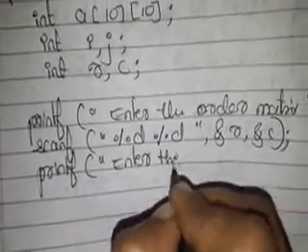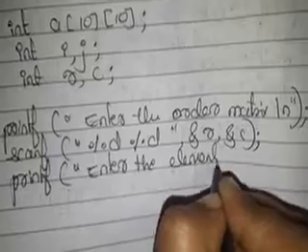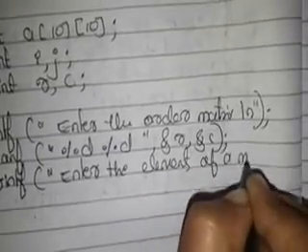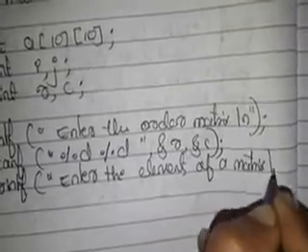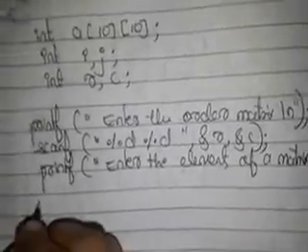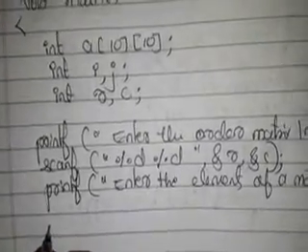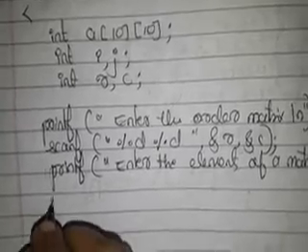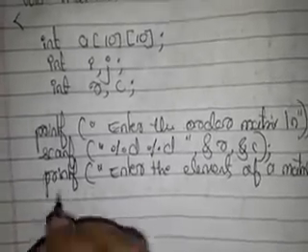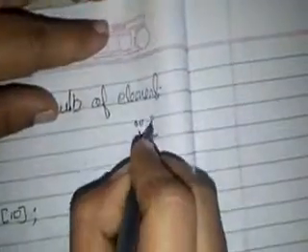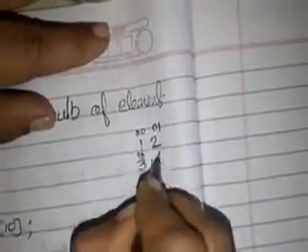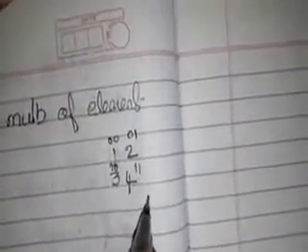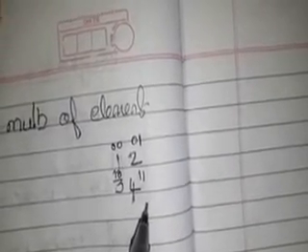Next, these many elements have to be entered. That's why I will ask the user to enter the elements of a matrix. For that, what to do? Directly I can't enter the elements of the matrix. As yesterday we have seen, I need to read from 0 0, 0 1, 1 0, 1 1. In the sense obviously I should take a loop.